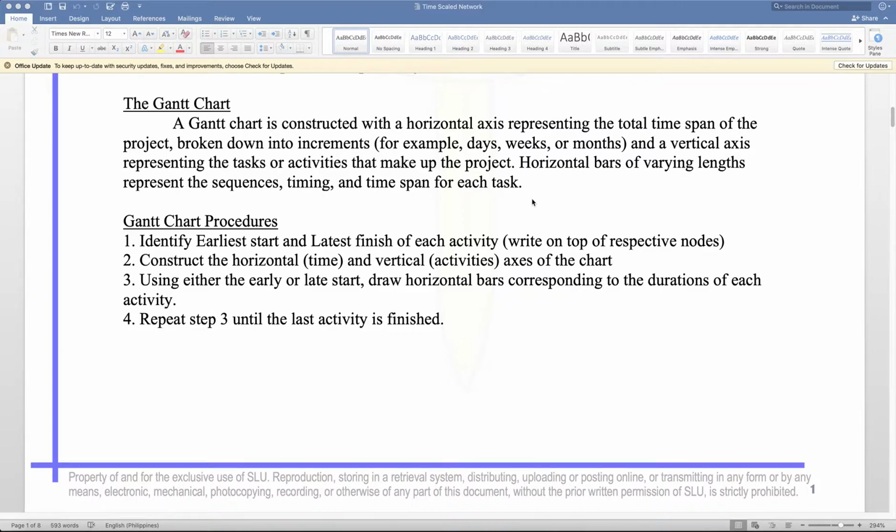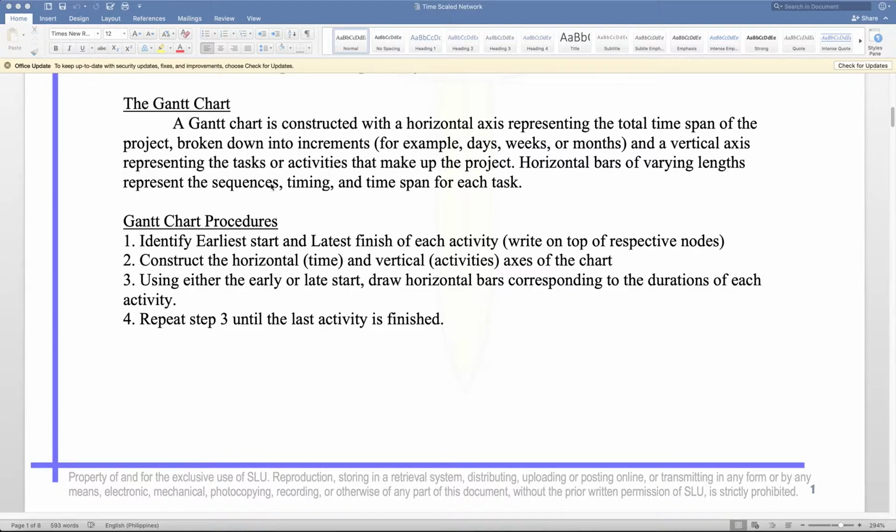The Gantt chart is composed of a list of activities that need to be done for the project, and we also have the starting and finishing times. It can be an early start or late start, an early finish or late finish. The Gantt chart will help us see whether we are already lagging behind our schedule or still on track, and it will also help us visualize kung saan yung critical paths natin, and at the same time yung mga free floats natin. So where we can adjust our